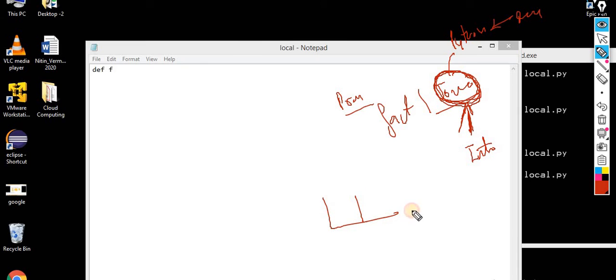I exactly forgot the problem statement. There are 3 disks, something like this, and you are supposed to move these 3 disks onto the C pole. But the condition is that it always should be arranged with your biggest one, then your smaller one, and then the smallest one. You are not supposed to put a small disk first and then a bigger disk on top of the small disk. This condition must be followed in the case of the Tower of Hanoi.